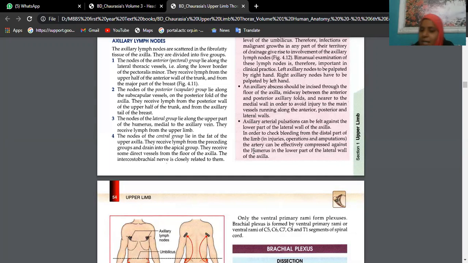CLGS is the code from above to below. C is stratum corneum. L is lucidum. Lucidum means here it is like cells without nuclei. That means the cells are dying because the stratum corneum layer is all keratin only. Above is the layer of keratin, below that you have lucidum, that is, cells are losing nuclei. Cells are coming from below to above. So from stratum basale, there is stratum spinosum, granulosum, lucidum, then corneum, like that from below to above.